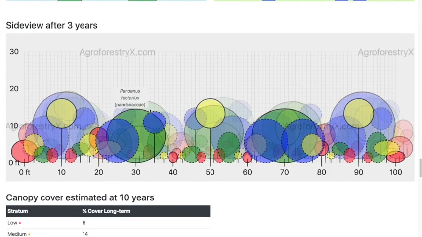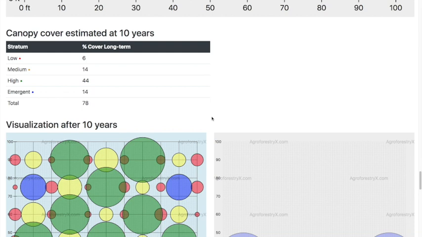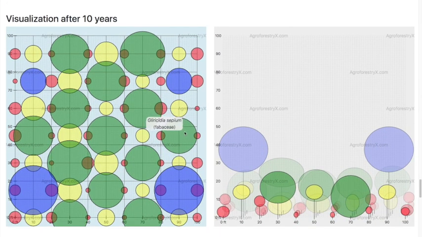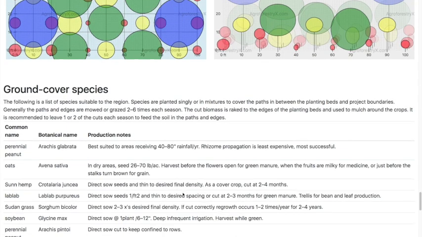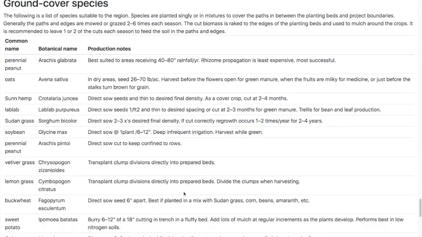Three-year side view. And your 10-year visualization. There's the pumuli. Okay. And there's the coconuts. And finally, here are your ground cover species.